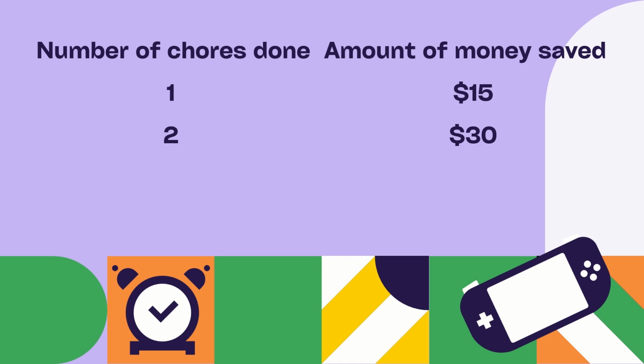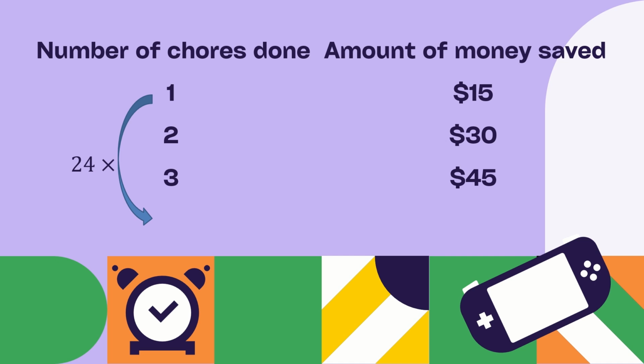And if you triple the number of chores you did, the amount of money you will save is triple too. $15 times 3 is $45. And this would apply to any number of chores. So if you've done 24 chores,